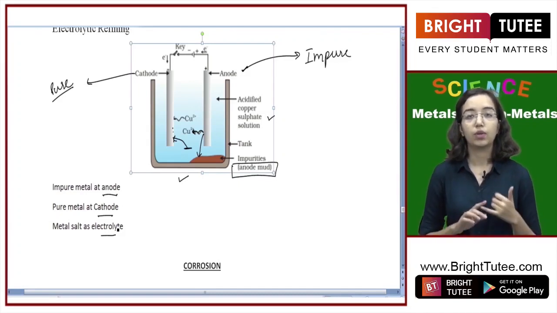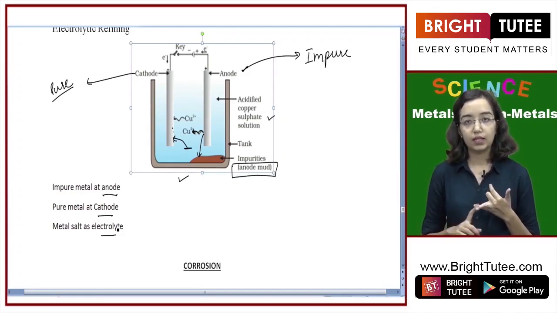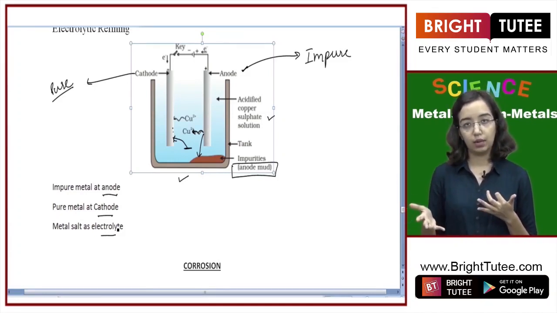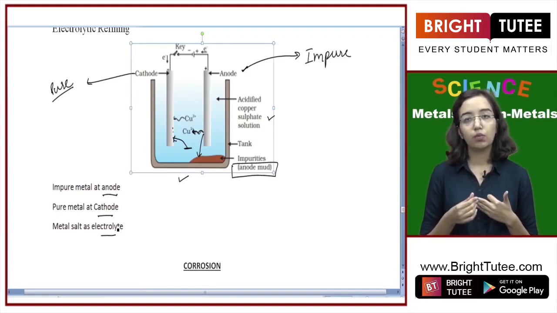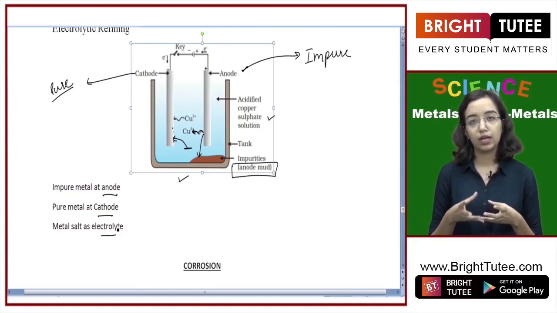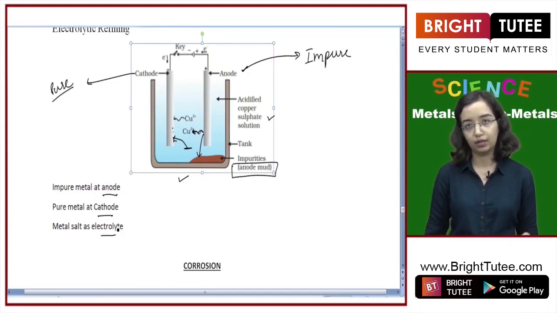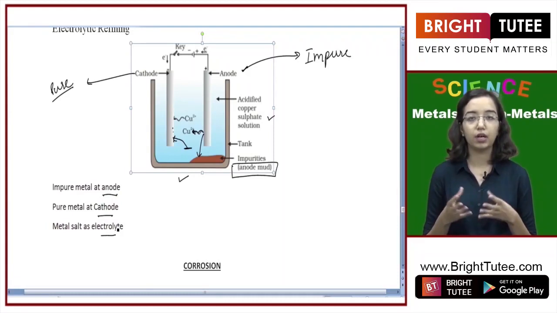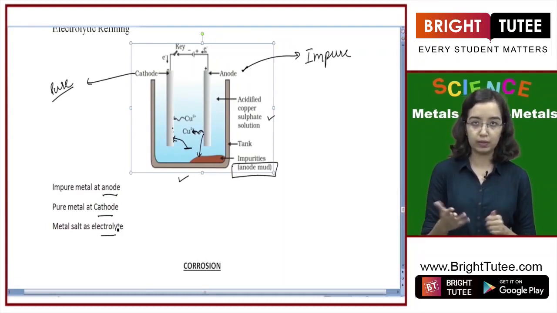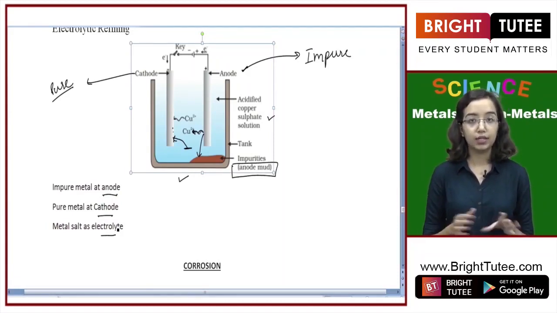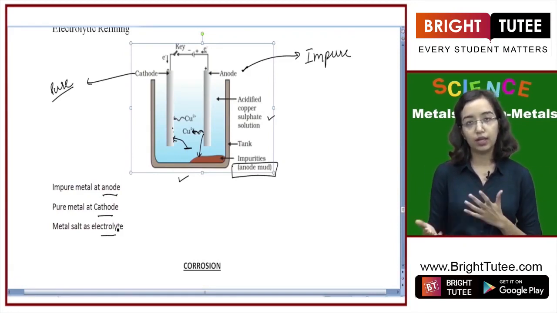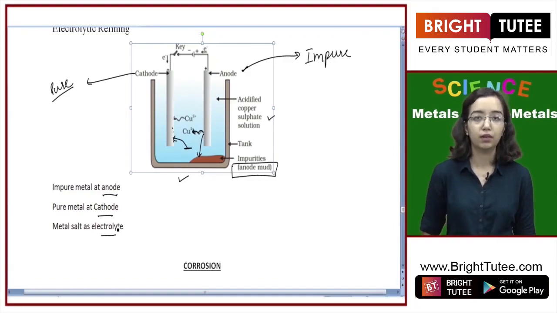The first step was removing the gangue. The second step was different for low reactivity, mild reactivity and high reactivity metals. The process depended on their chemical properties. The third step was refining of the ore, where we used electrolytic refining to get pure metal. So now this completes the entire process of extraction of metals from their sources. The questions that you might be asked could be of a certain step, or it could be a whole cycle that you can explain with the flowchart explained in the initial